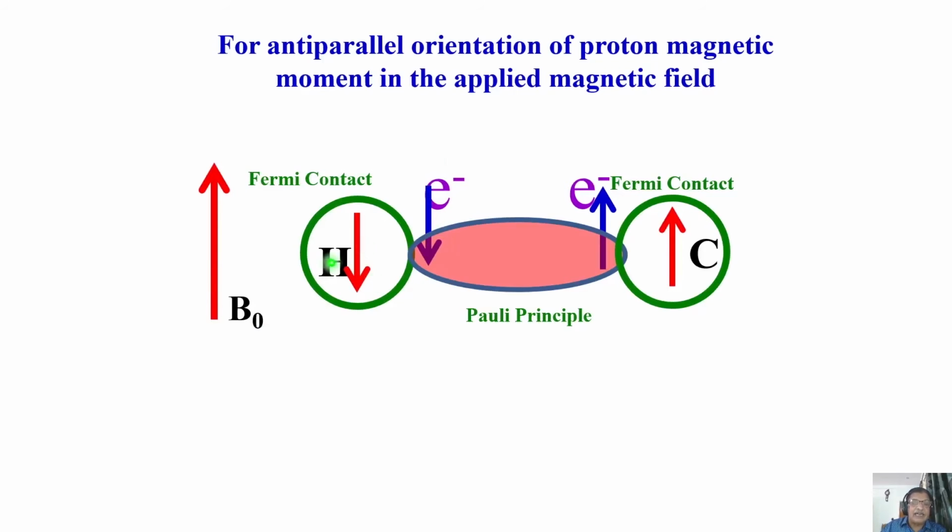Correspondingly, this electron gets oriented opposite, because a negative magnetic moment I am showing in the same direction. This gets paired with the bonding electron. This forces the carbon spin to align in a direction parallel to the field. You understand? So now, whether you take parallel orientation of the magnetic moment of the proton or anti-parallel orientation with respect to the field, it always ensures the carbon spin orients in the direction opposite to its magnetic moment.